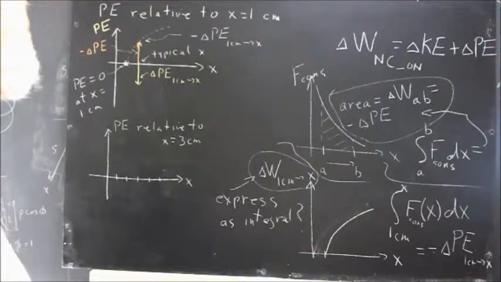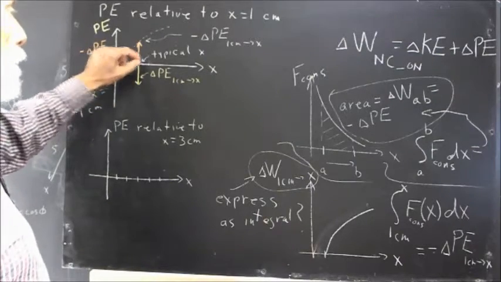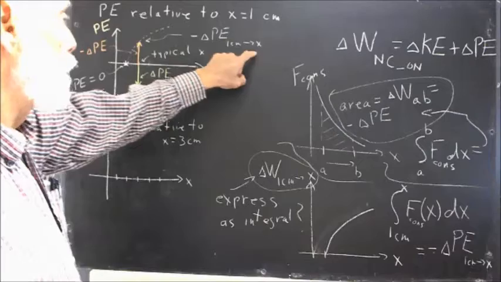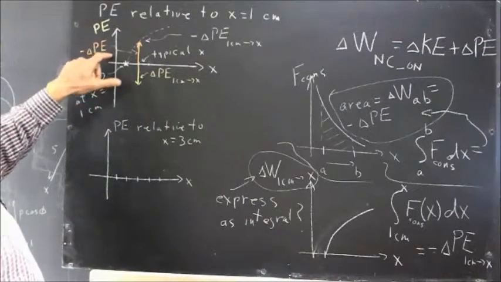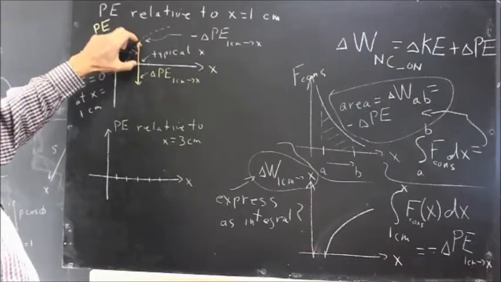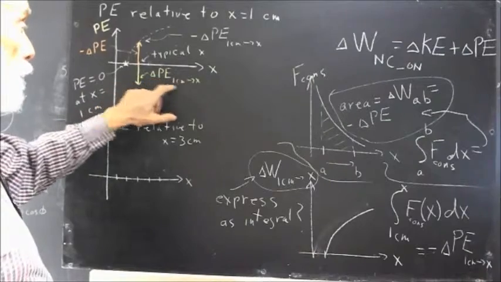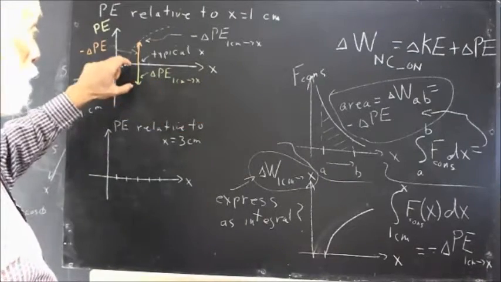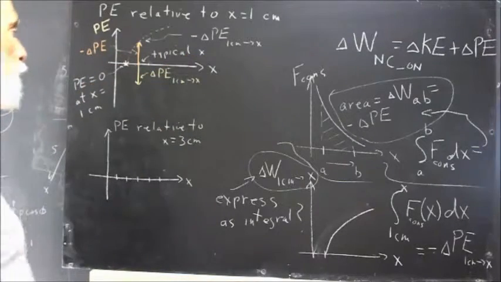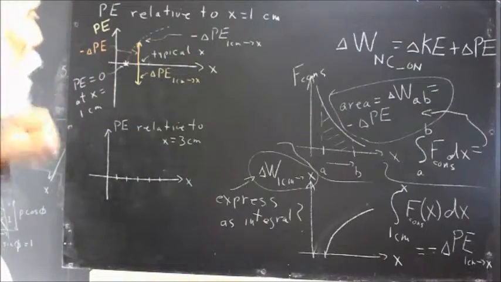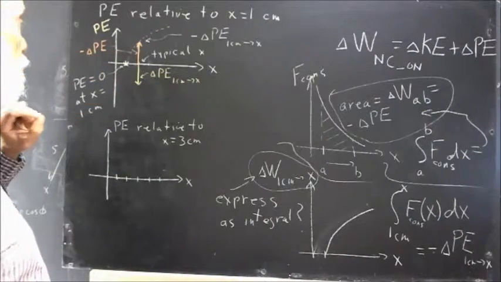Now let's take a typical x. Then this negative change in potential energy from 1 centimeter to x, and I didn't put all the subscripts 1 centimeter to x in here, but here's your negative of your change in potential energy. So here is the change in potential energy from 1 centimeter to x, just being equal and opposite to the negative of this quantity. So if our potential energy change from 1 centimeter to x is this much, and here's